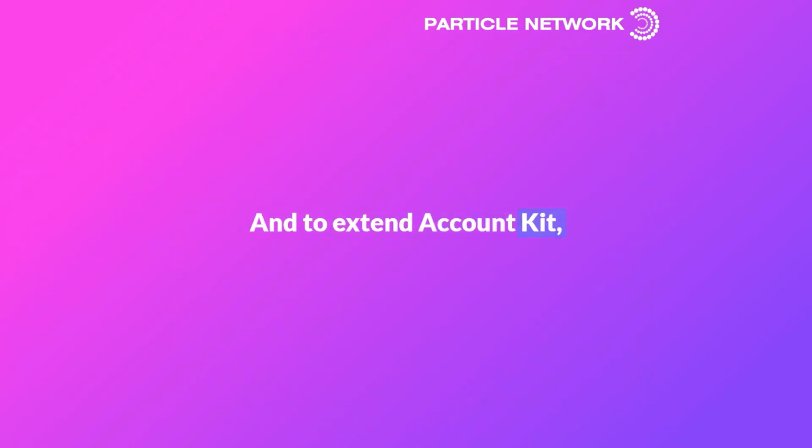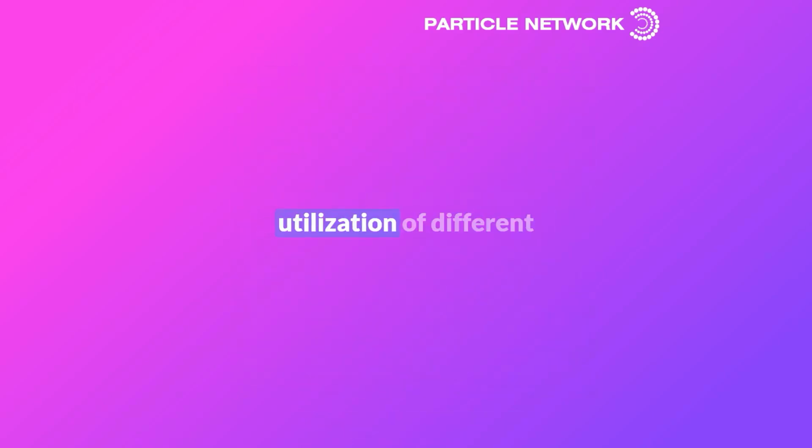And to extend Account Kit, Alchemy recently released AA Signers. AA Signers enables native utilization of different signers, such as Particle's Wallet as a service, to assign a smart account to an EOA generated by that provider, thus plugging them directly into the Account Kit stack. Basically, this makes working with Particle on Account Kit significantly easier because of the direct integration,